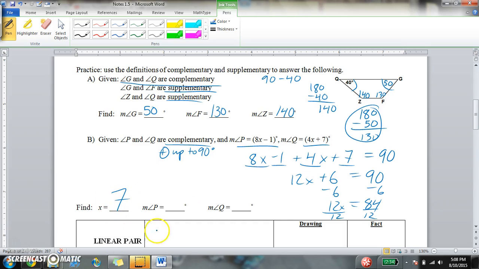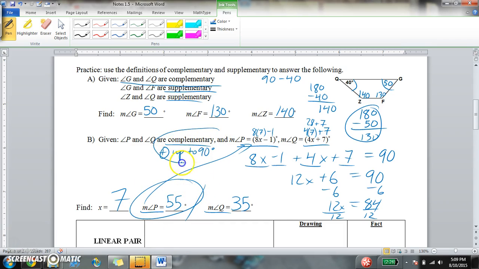So now that we know what x equals, to solve for angle P and angle Q, the measure of each of those angles, we're going to take our 7 and plug it back into those two expressions. So 8 times 7 minus 1 would give us 55 for P, and 4 times 7 plus 7, 4 times 7 is 28, plus 7 would give us 35 for angle Q. Once you've solved for angle P, you could just say, all right, well, I know these two angles are complementary to each other, so if I take 90 minus angle P, which is 55, I would get 35